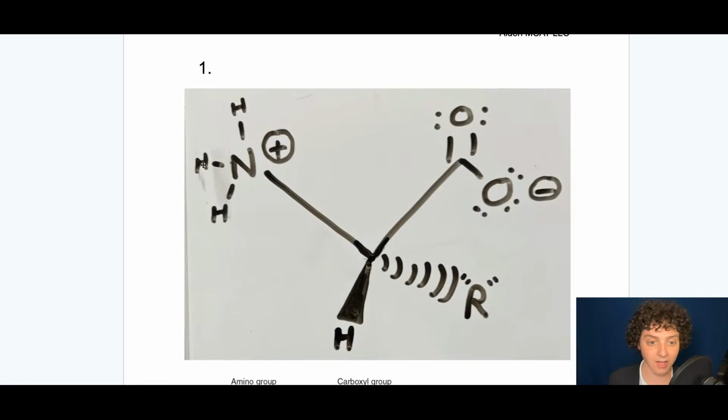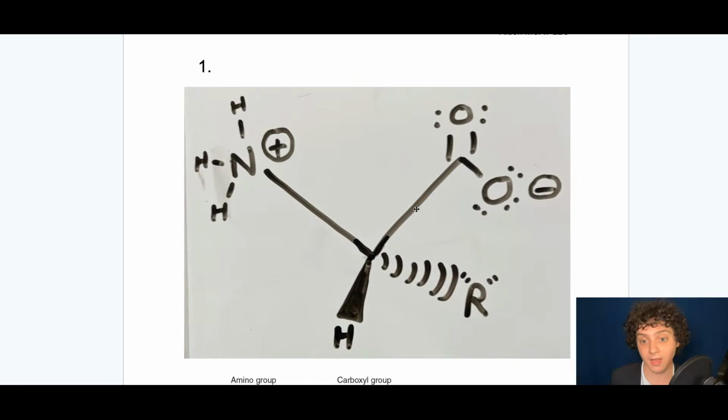So you have hydrogen atoms, the first element on the periodic table. You have a nitrogen atom. You have 1, 2 carbon atoms, which are implied by the angles in this line angle drawing. And you also have 2 oxygen atoms. So hydrogen, nitrogen, carbon, oxygen. This is an organic molecule because it is made up of those atoms.